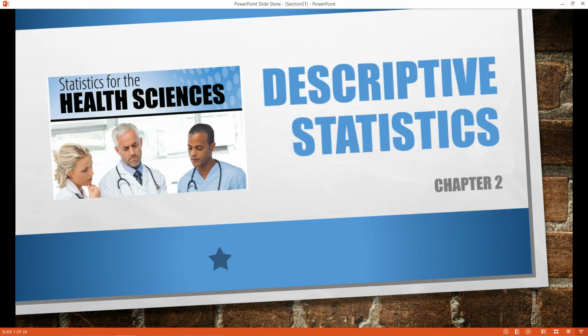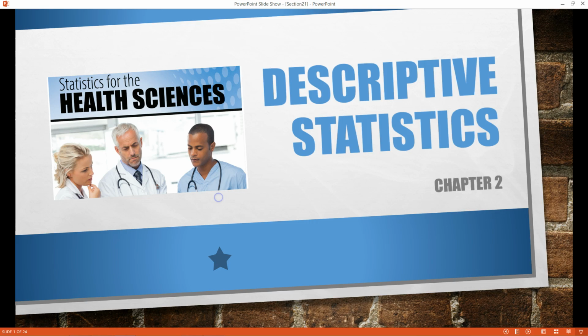And here we are moving on to Chapter 2 on descriptive statistics. Now, descriptive statistics is basically a way that we can describe what's primarily a sample of data. And we're going to do that two ways. First, we're going to talk about how to describe data graphically through charts and graphs and that kind of thing. A lot of people, when they think of statistics, that's what they normally think of. And then we'll talk about the numerical descriptive statistics, how we can use numbers to describe a sample of